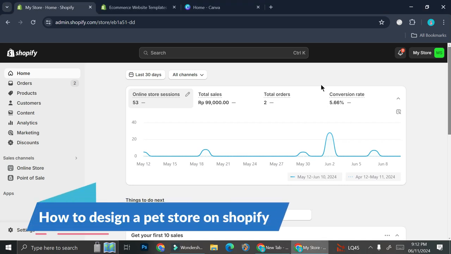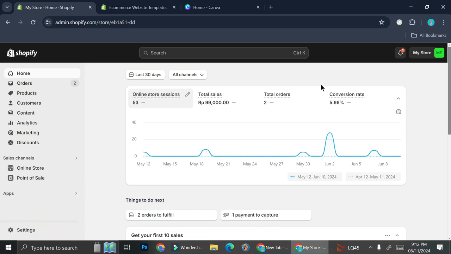Hi everyone, in this tutorial I'm going to show you how to build a pet store on Shopify. Now there are two things that we're going to work with today, which is Shopify obviously, and the second one is going to be Canva. We're going to create a design for the pet store with Shopify theme templates as well as the help of